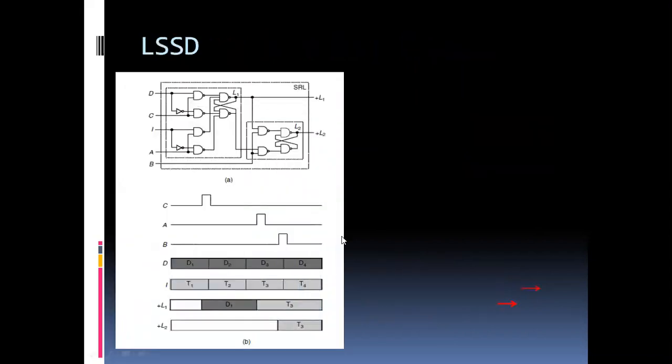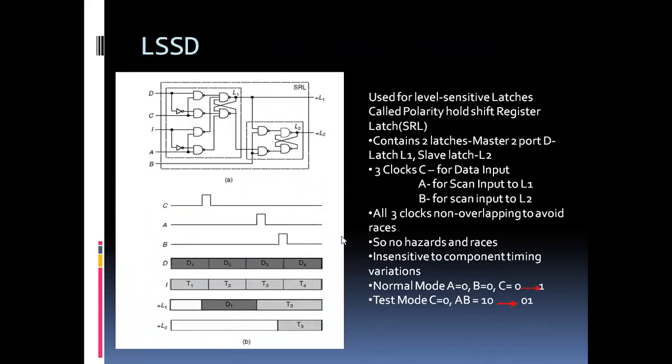Next we come to is level sensitive scan design. अब लेवल सेंसिटिव स्कैन डिजाइन मतलब क्या है, इसमें हम लेवल सेंसिटिव लैचेस यूज करते हैं. ओके, सो इसमें हमने दो लैचेस यूज किए हैं. एक तो ये L1 which is getting connected to my data unit, and this is my another latch which is L2. So you can just say it is going to behave as a master slave. अगर ये राइजिंग एज पे वर्क करेगी तो ये फॉलिंग एज पे, पर मैंने इसमें क्लॉक्स डिफरेंट ही दे रखे हैं. कॉन्सेप्ट इज सेम, they are not going to work on the overlapping regions.